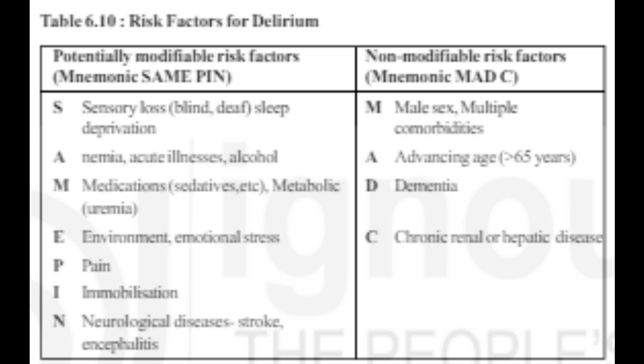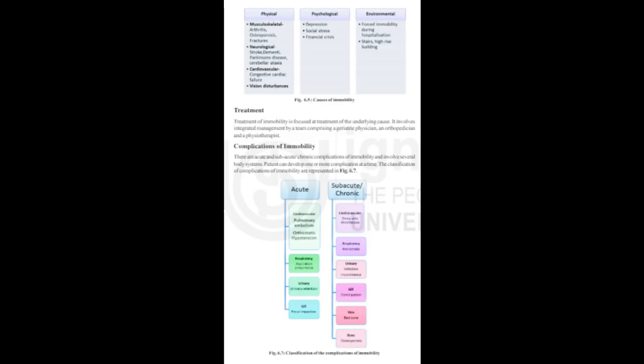MME 105. 6.7 Delirium. Delirium is an organic mental disorder of acute onset characterized by concurrent disturbances of consciousness, attention, perception, thinking, memory, psychomotor behavior, emotion and sleep-wake cycle. Risk factors. The risk factors for delirium can be pre-existing or may arise during treatment of other morbidities. The below table 6.10 lists the modifiable and non-modifiable risk factors implicated in the causation or aggravation of delirium. Table 6.10 Risk factors for delirium.